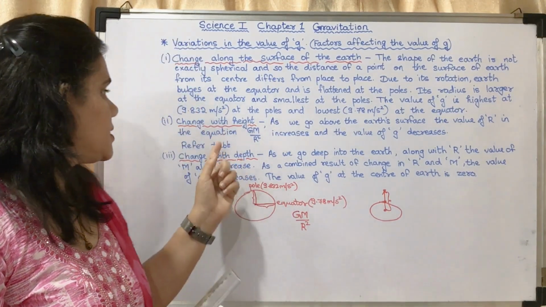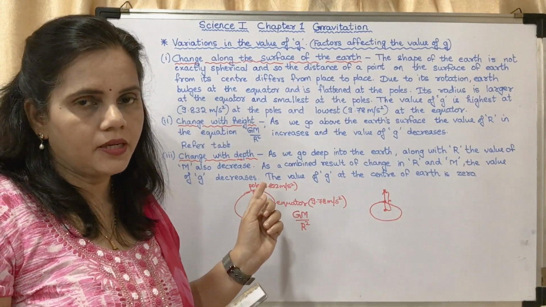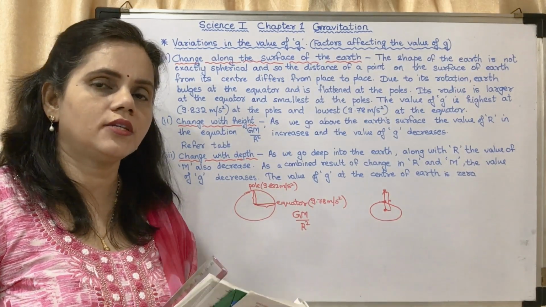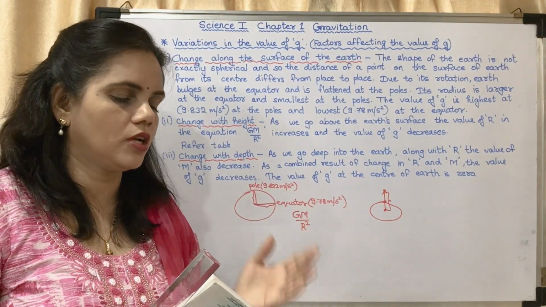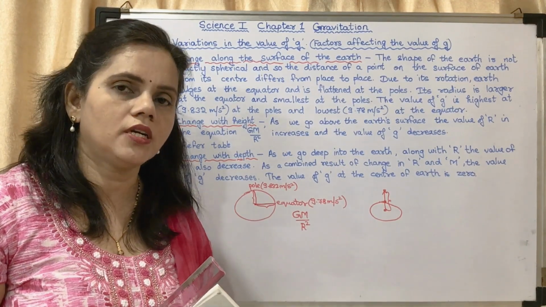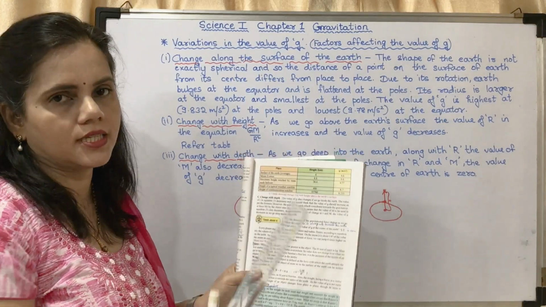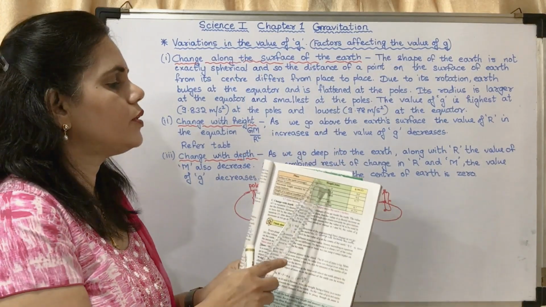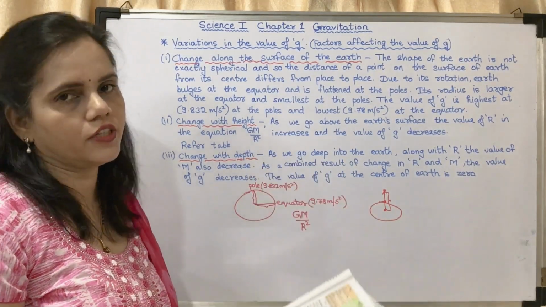Okay. So this is the table. In the answer you are not supposed to write the table, but questions on that could be asked. They will ask you the value of g at that particular position. For example, what is the value of g at Mount Everest? Such objective questions could be asked. So for that, you have to learn this table. Okay, you don't have to learn the height, you have to just learn the value of g.